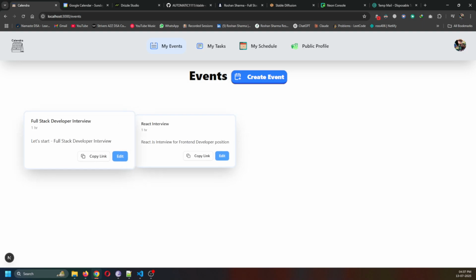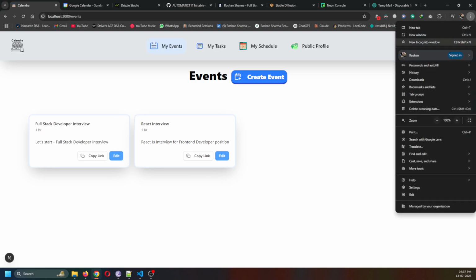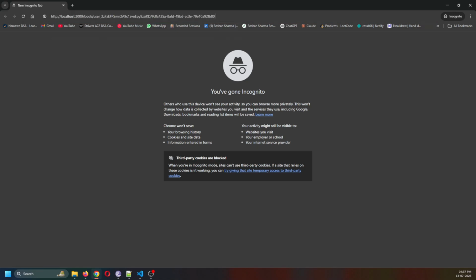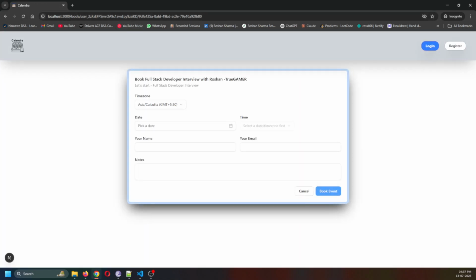Okay, once it is saved, you can see here. Now I can directly copy it from here and give this to, let's say, some candidate who wants to join or schedule the interview with me. So I'll basically give this URL, and in production it will be the production URL only. So if he opens it in his browser, he can access this directly